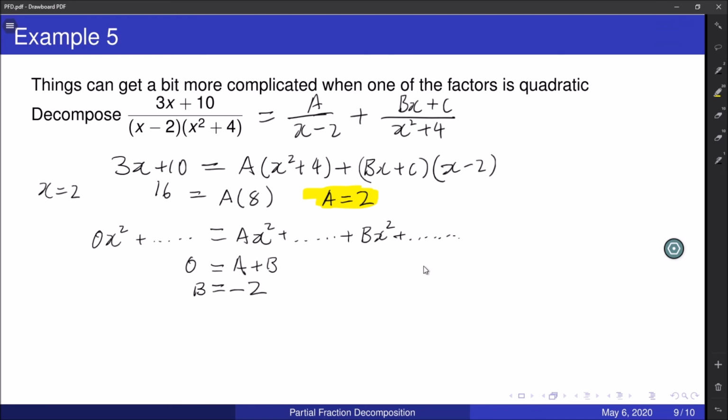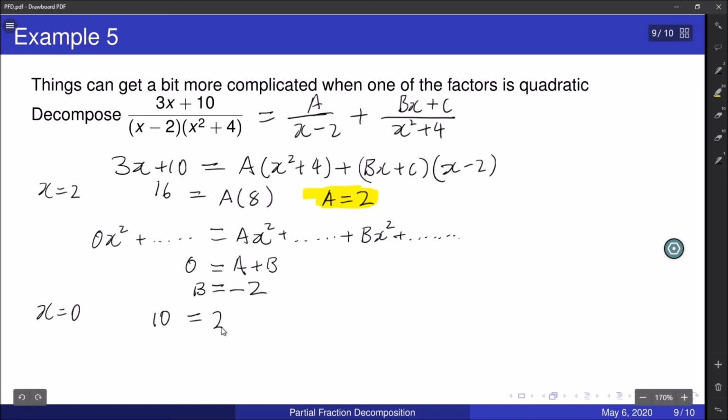Okay, and then finally, we want to find what c is. Because we already know what a is, we just have to eliminate b. So we set x equals to 0. Actually, any number will do, really. But 0 is convenient because 0 just makes bx disappear, and makes a lot of other things disappear as well. So it simplifies things. So we have 10 equals to